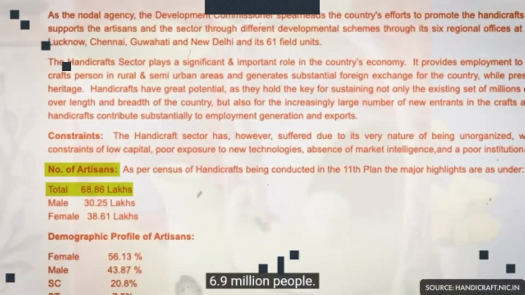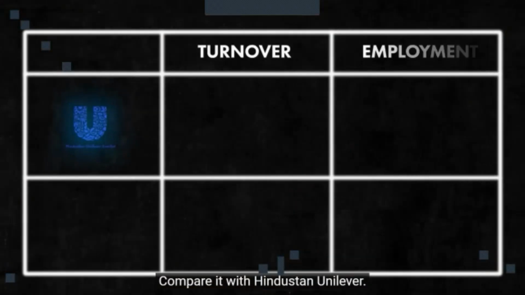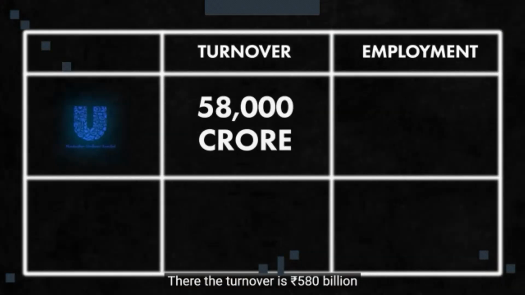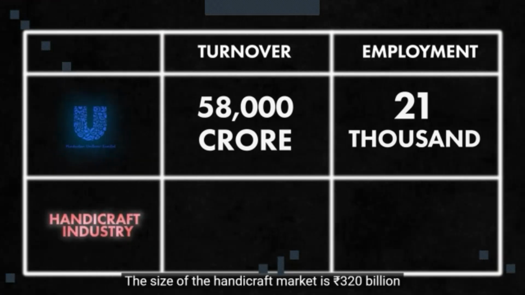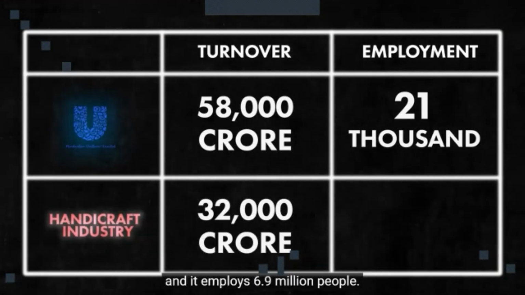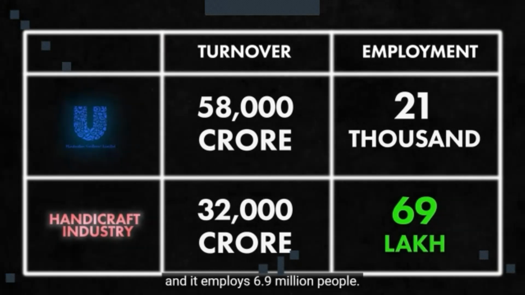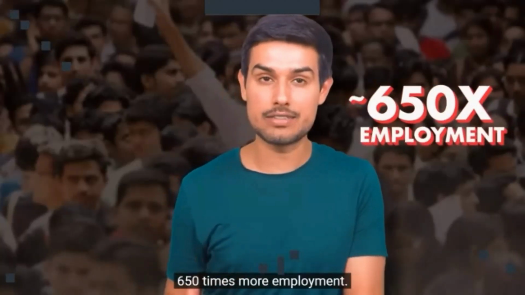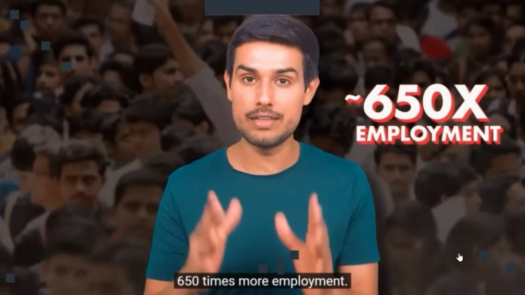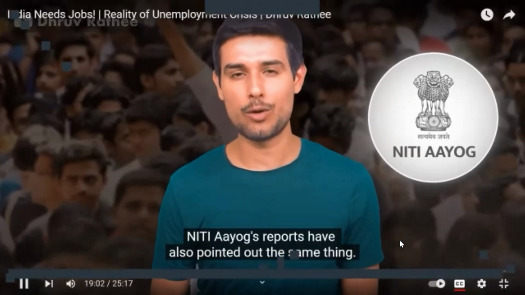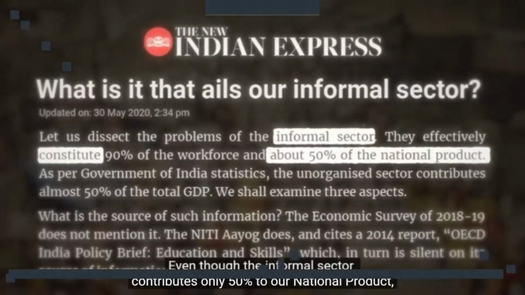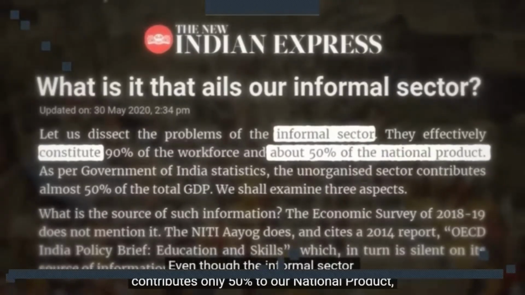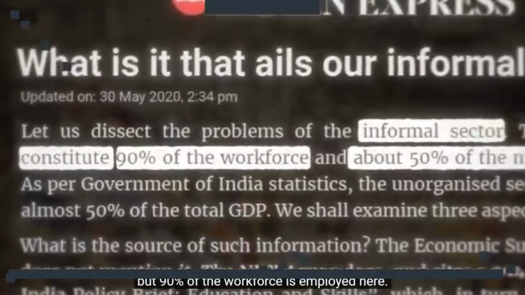69 लाख लोग। हिंदुस्तान यूनिलीवर से एक बार फिर से कंपेयर करो, वहां टर्नओवर है 58,000 करोड़ का और एम्प्लॉयमेंट 21,000 लोगों को मिल रही है। हैंडीक्राफ्ट मार्केट का साइज है 32,000 करोड़ का और यहां एम्प्लॉयमेंट 69 लाख लोगों को मिल रही है। 650 टाइम्स ज्यादा एम्प्लॉयमेंट यहां मिलती है। नीति आयोग की रिपोर्ट्स ने भी यही चीज पॉइंट आउट करी है। इवन दो इनफॉर्मल सेक्टर सिर्फ 50% कंट्रीब्यूशन करता है हमारे नेशनल प्रोडक्ट में, लेकिन 90% वर्कफोर्स यहां